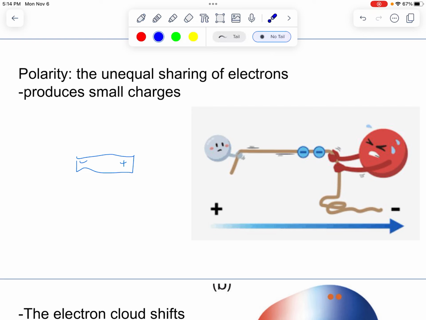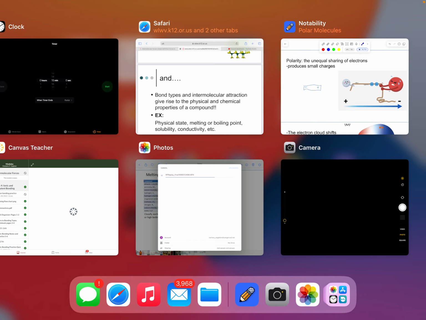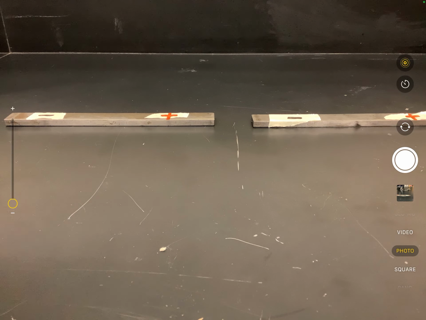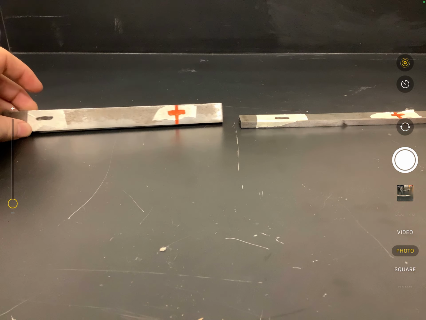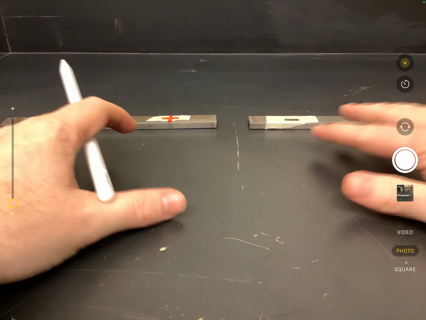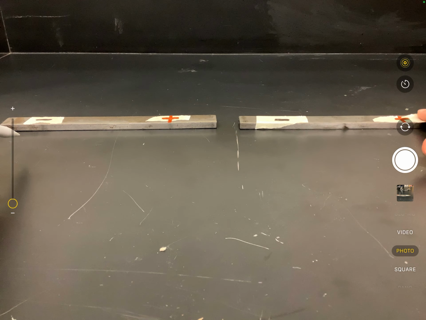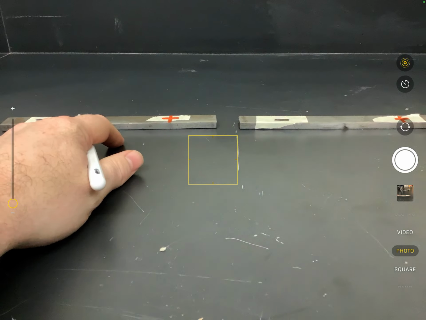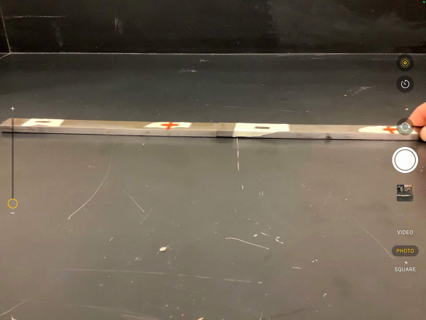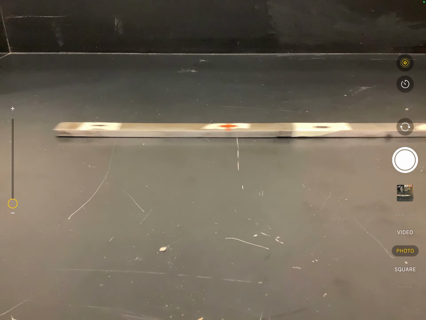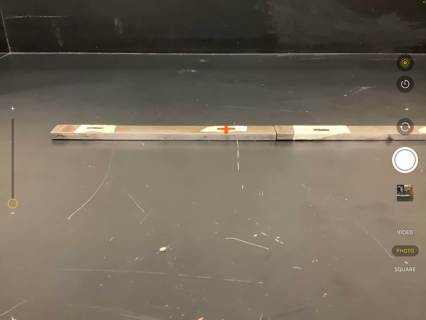And what do we know about positives and negatives? Well, they attract each other, right? And positives repel. So this polar molecule can now go and attract to other polar molecules. I have a little example here, right? I have these polar molecules I've created. We can see a plus and a minus on this one, plus and a minus on this one. Because there's a little bit of positive charge on this side and a little bit of negative, when it finds another molecule just like it and they get close to each other, they stick together, right? So there's some force holding them together, which means this is going to have more intermolecular force,